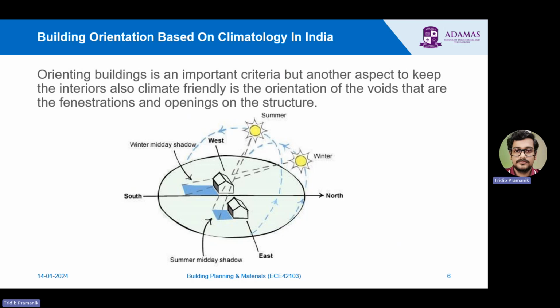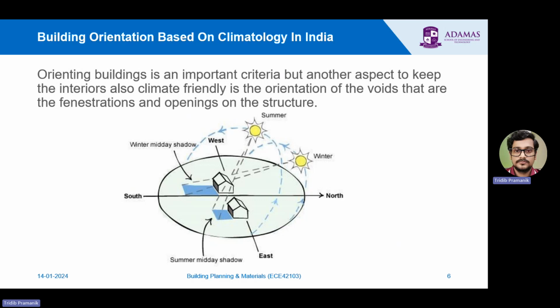If you look at the image on the screen, in summer season, we know that generally the sun remains over our head and the shadow will be very small. And in winter, the sun will lean towards the southern direction. Here you see it just the opposite way. Maybe during the drawing, the direction of north and south was put in the wrong direction. Anyway, during winter, we know that the sun will lean towards the southern direction. So what happens when it is a summer season? Then the tendency of sunlight